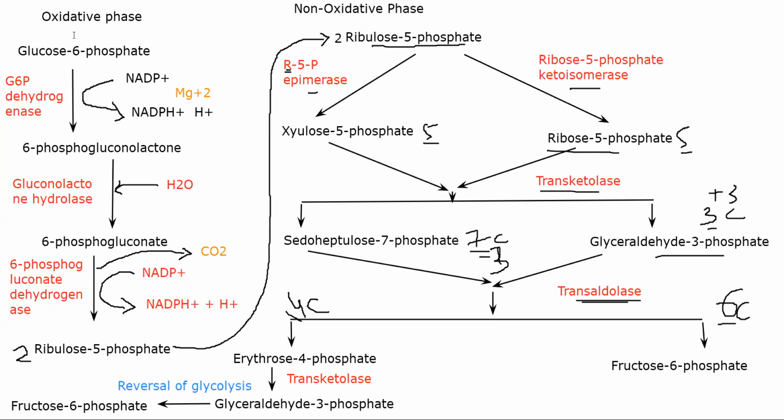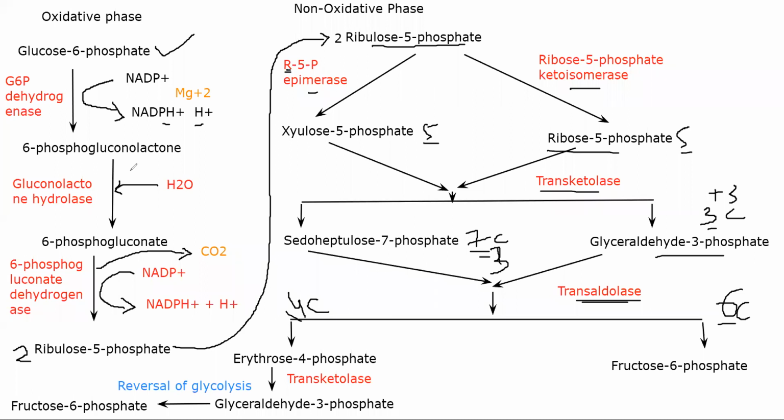We start off with the oxidative phase of the reaction, where you take one glucose 6 phosphate molecule. All right, here. Now this glucose 6 phosphate molecule is oxidized to reduce NADP plus. NADP plus is being reduced and glucose 6 phosphate is being oxidized, right? Basically you are removing 2 hydrogen moieties and you get 6 phosphoglucolactone.